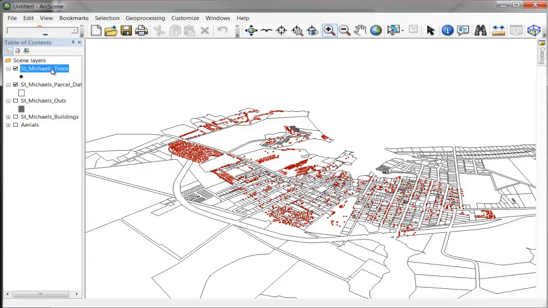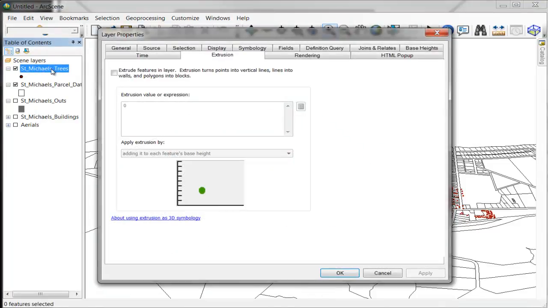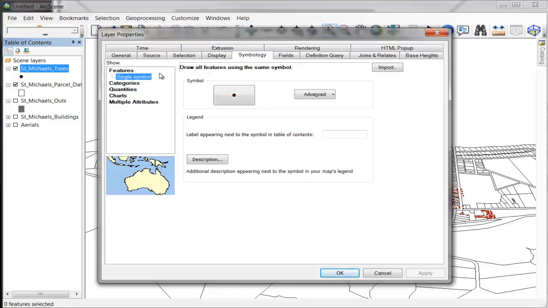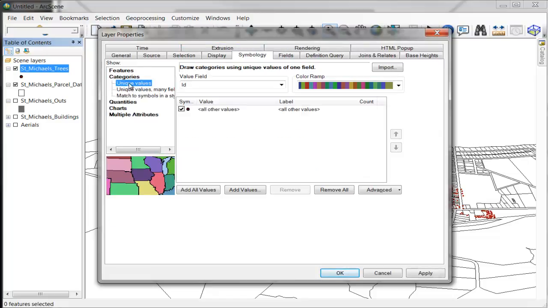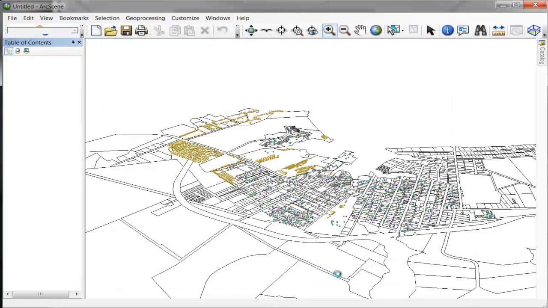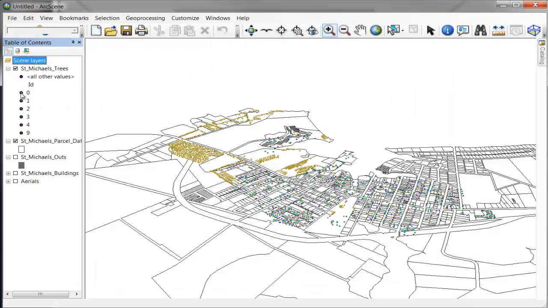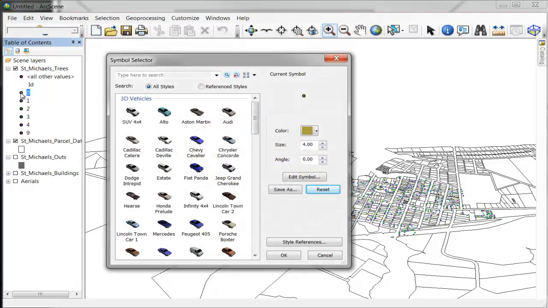So if I go ahead and classify St. Michael's trees, I'll open up the layer properties, go to the symbology tab, go to categories, unique values, value field ID. I'm going to go ahead and add all values, and you can see we have trees 0 through 4, and then 1 special tree where we only have 1. So I go ahead and click OK,